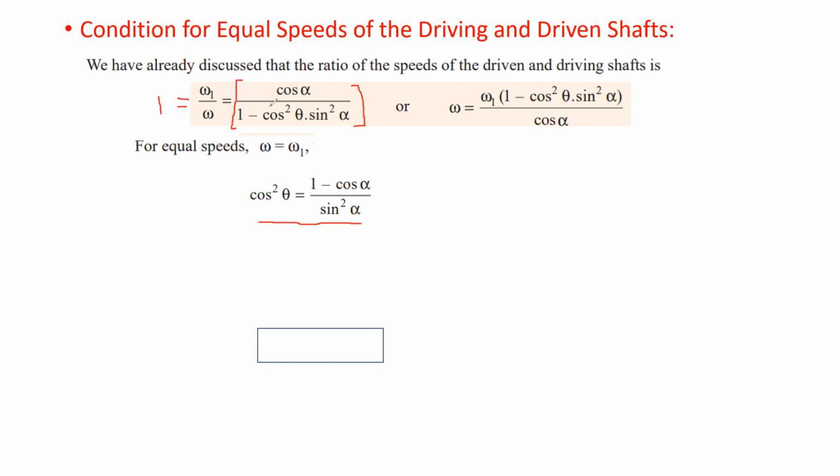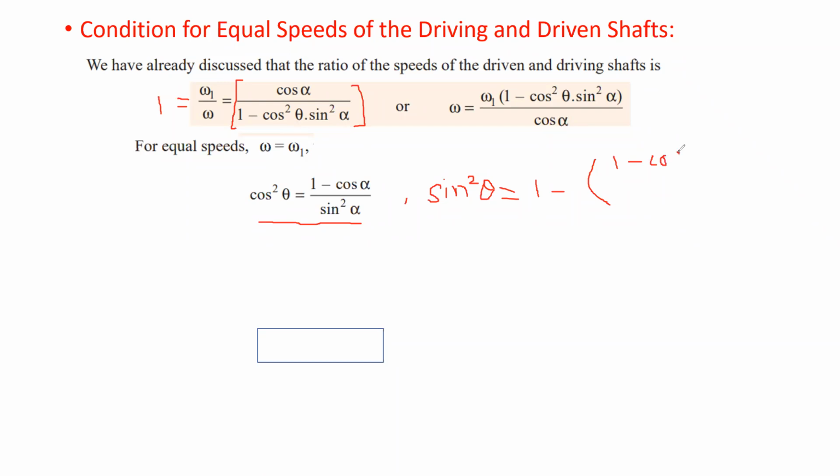Okay, so it is the raw form of that equation. You can further simplify it. This is the value of cos square theta, so you can also find the value of sin square theta. ठीक है, sin square theta will be nothing but 1 minus cos square theta. So 1 minus cos square theta, and the value of cos square theta is this. So 1 minus cos alpha,